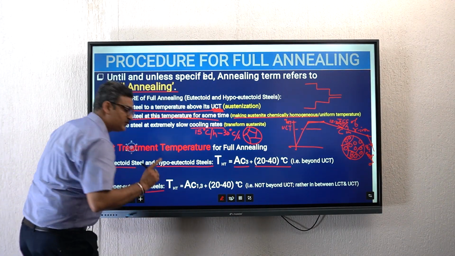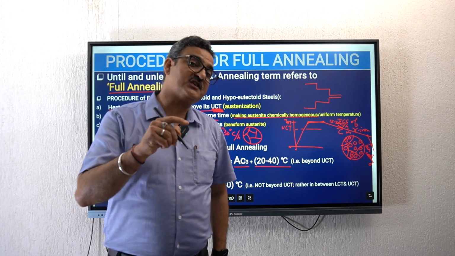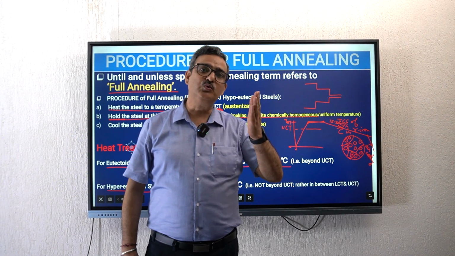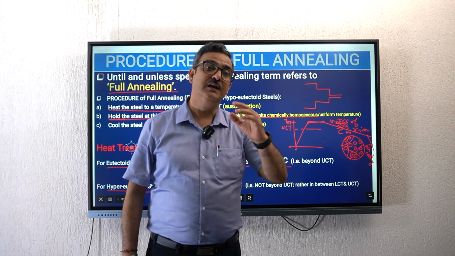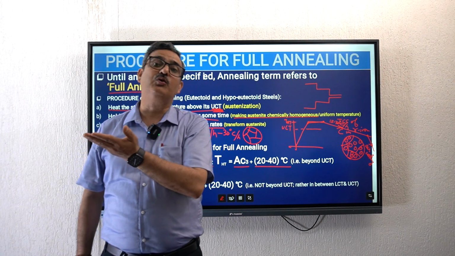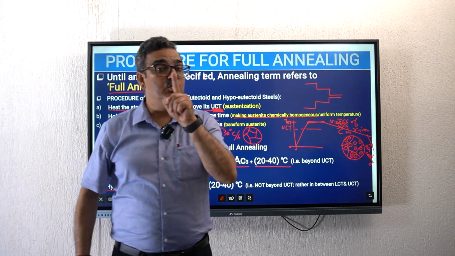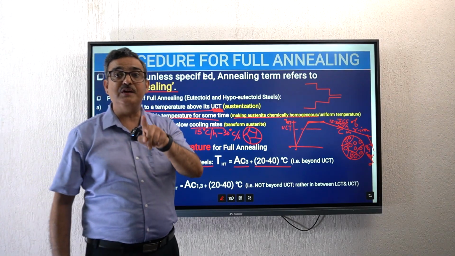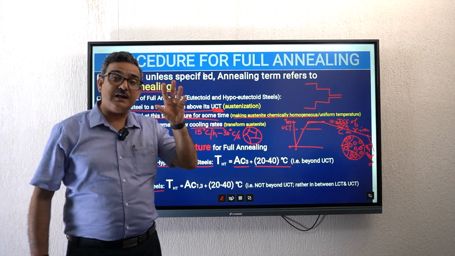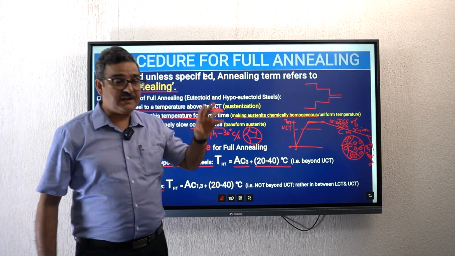Hypereutectoid steels should not be full annealed. क्यों? हाइपरयूटेक्टॉइड स्टील्स में अगर आप अपर क्रिटिकल टेम्परेचर से ऊपर चले गए, क्या बन गया, ऑस्टेनाइट। कूलिंग शुरू की, जैसे ही आप अपर क्रिटिकल टेम्परेचर से स्लो कूलिंग से नीचे आओगे, प्रोयूटेक्टॉइड सीमेंटाइट प्रेसिपिटेट होगा। बट क्योंकि आप इक्विलिब्रियम कूलिंग कर रहे हैं, स्लो कूलिंग कर रहे हैं, ये सारा का सारा सीमेंटाइट बच्चों आकर ग्रेन बाउंड्रीज पर एक ब्रिटल नेटवर्क की तरह बैठ जाएगा।